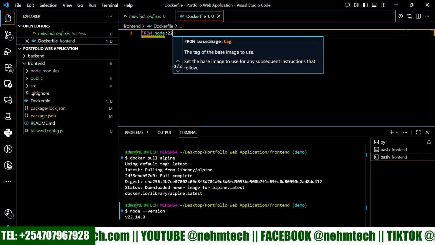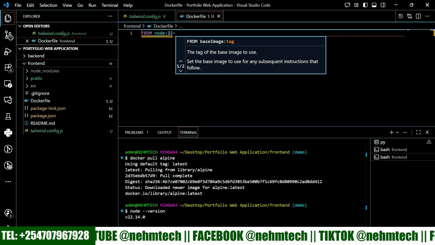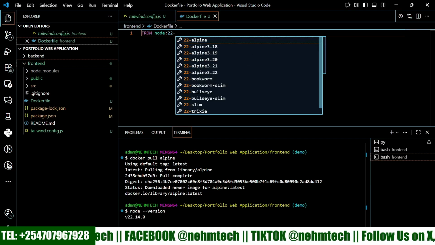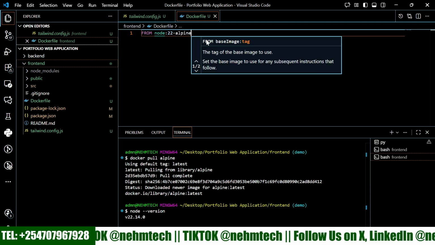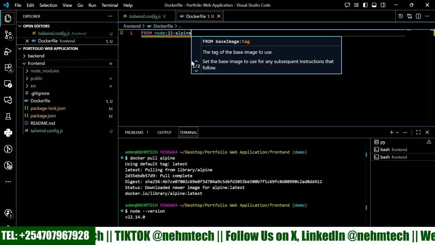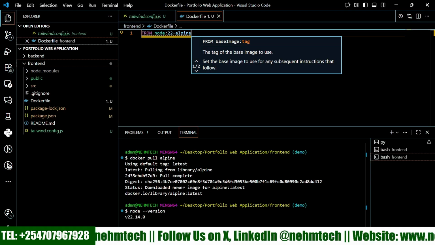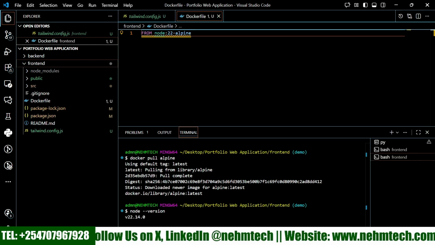You can see here it is 22, and then you'll specify the Linux kind of an image here. So we are going to use this Alpine because this is the one that we have just installed here. So we are going to use this Alpine the way it is. So this is the first line you need to configure, like you need to specify the image first that you're trying to use here, and then